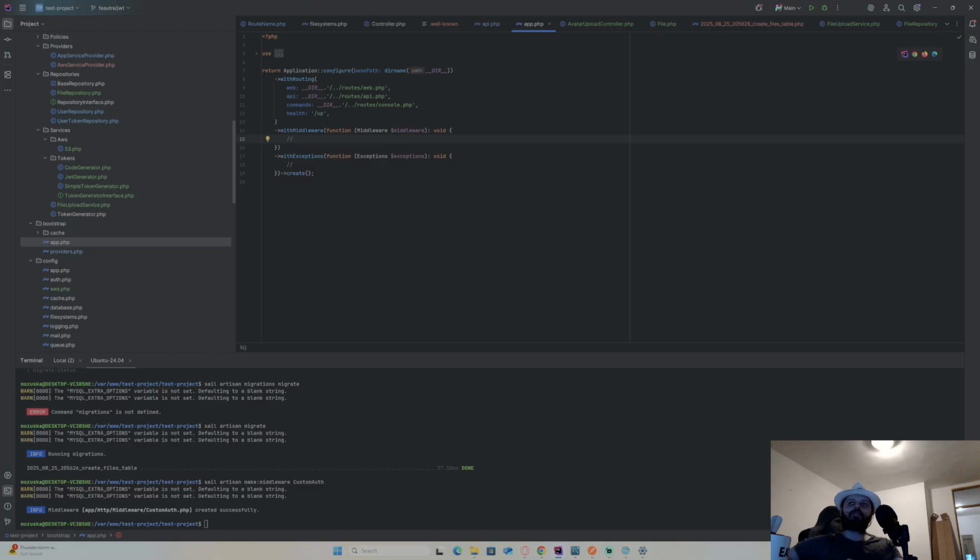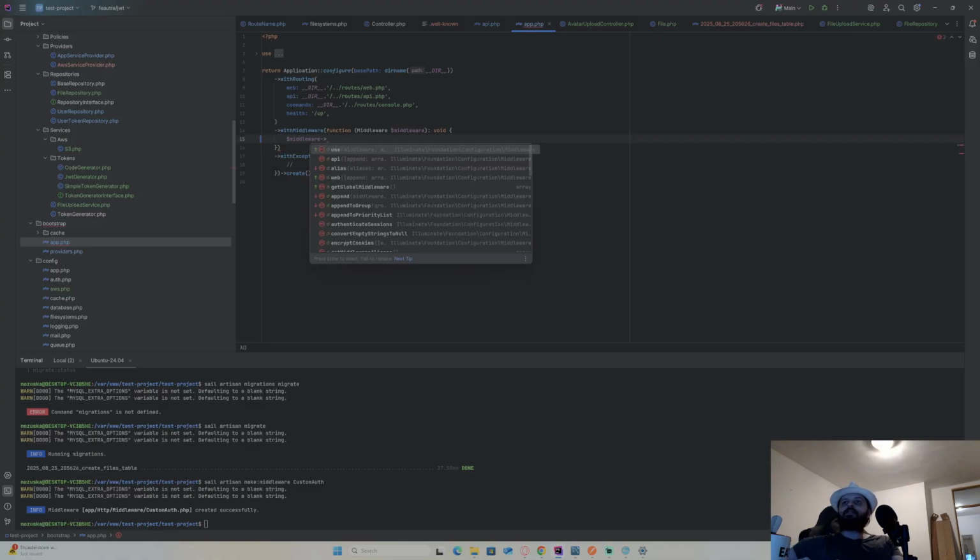I'll check what methods that has. I can register it to the global middlewares, to the API, to the web, or append it to something.